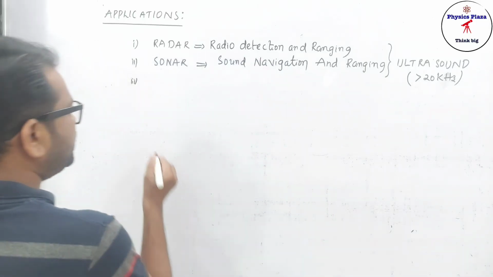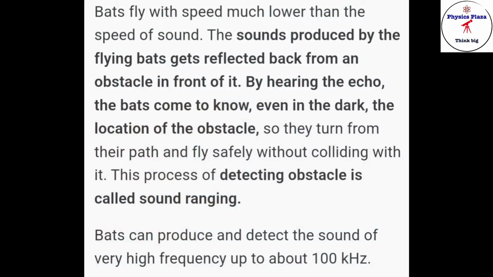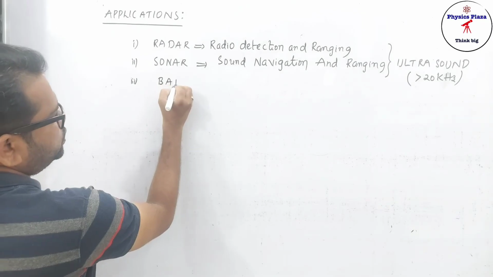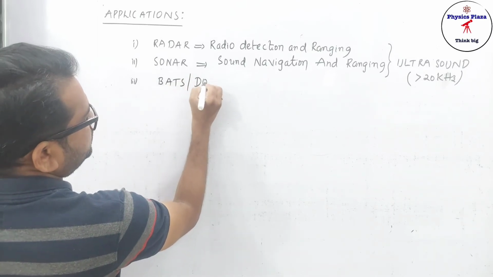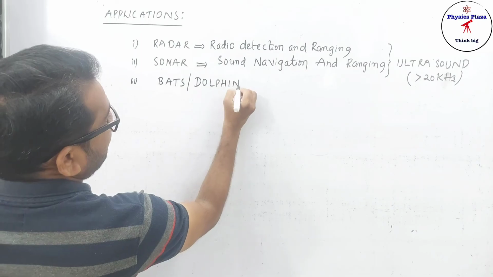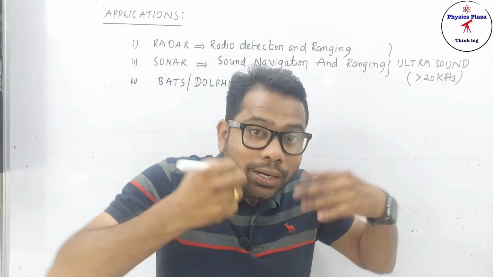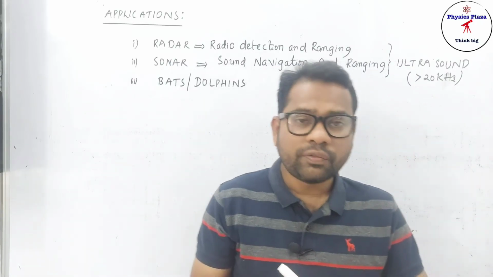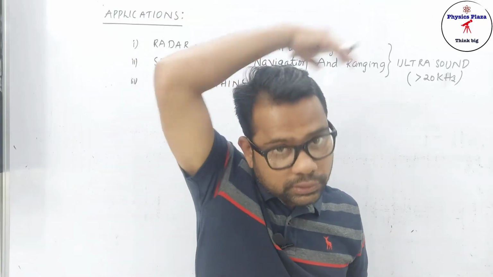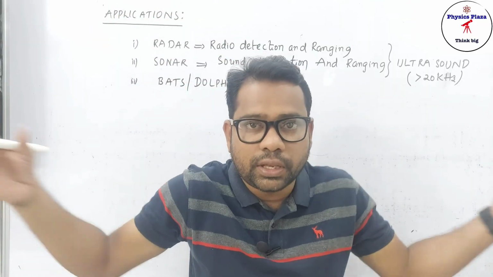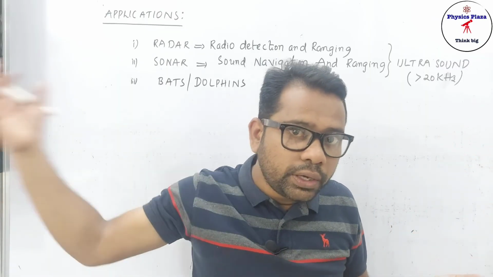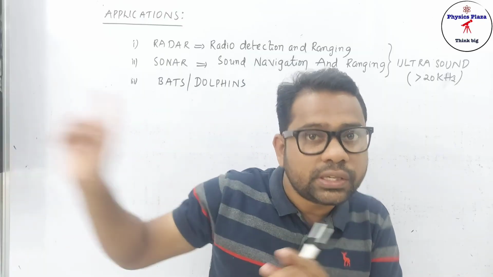Is it clear? Fine. So, children, even bats and even dolphins can produce ultrasounds. Try to understand. Dolphins produce ultrasounds to catch prey. In what way? For example, think that I am a dolphin, and in these 360 degrees I don't know where my prey is and I am feeling hungry, so I produce these ultrasounds, and from whichever direction I get the echo in less time, I think yes, it is on this side, so I will go and attack.